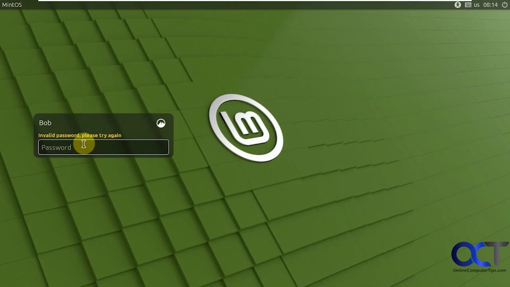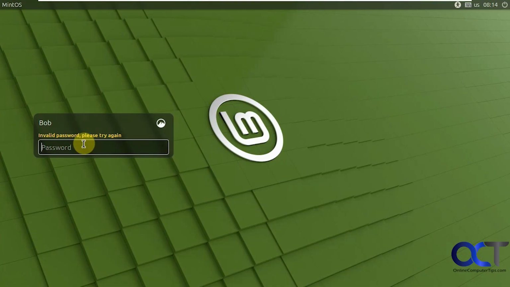Alright, so to get around it I'm going to use a free tool called Rescatux. It's an ISO file you download. Then you need to make a bootable flash drive for it so you can boot to it, kind of like you do when you create your Linux installation media. So you could use whatever tool you use to install Linux with to make your flash drive. And I'll also put a link in the description for some other tools you could use to create a bootable